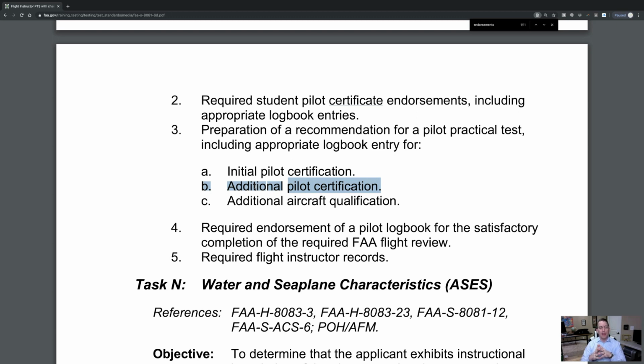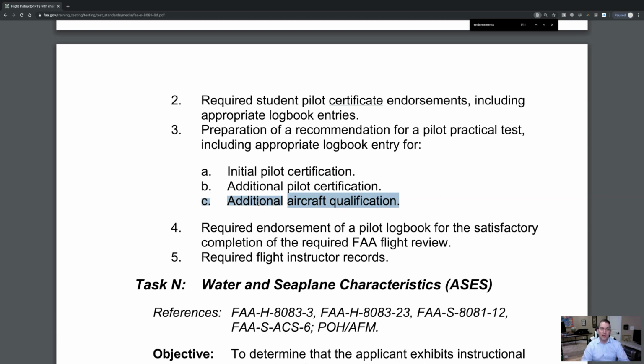So additional pilot certifications means that they already have a pilot certification and they're wanting to get an additional one, and you are going to do that by going to the advisory circular and showing them the endorsements that you would give. Now, the additional aircraft qualification is